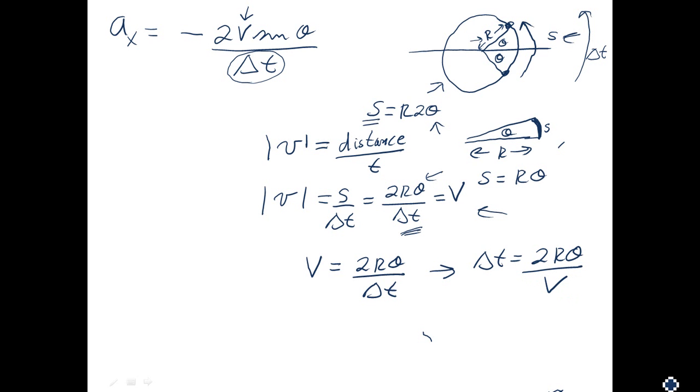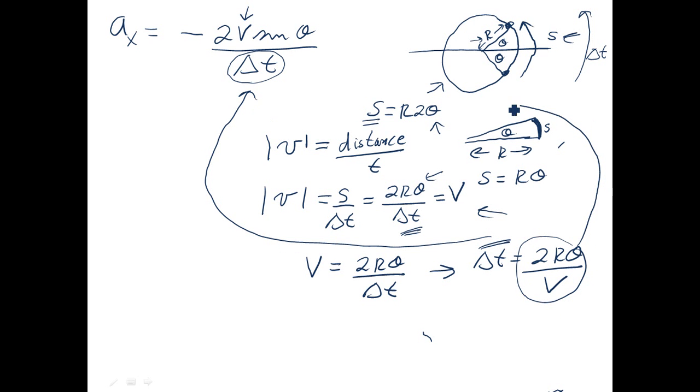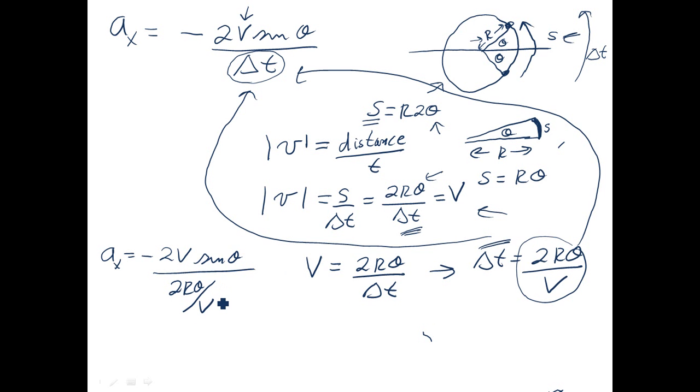I'm going to put this in for that. So a_x is equal to minus 2V sine theta all over 2r theta divided by V, which equals,